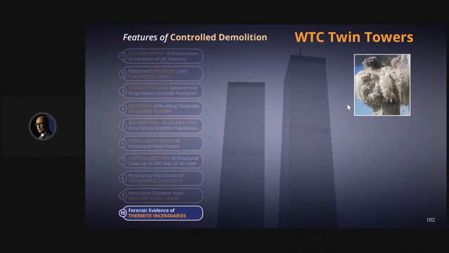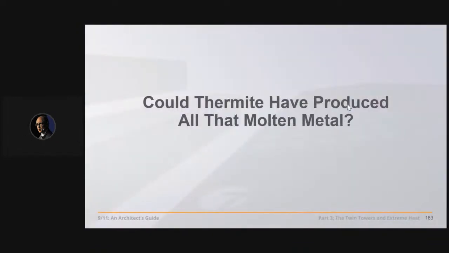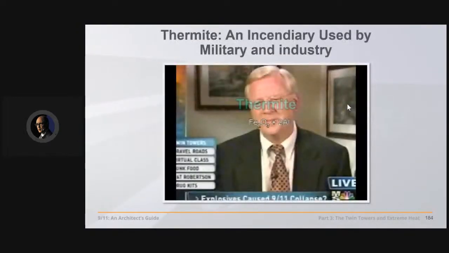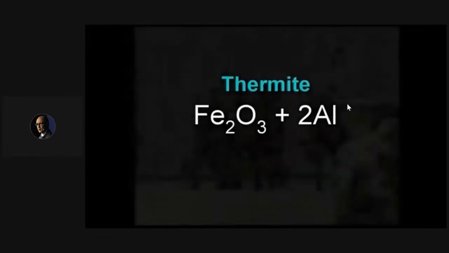So let's go to feature number 10 and look for evidence of what might be producing these kinds of temperatures. What could be capable? Could thermite have produced that molten metal? And what is thermite anyway? An incendiary used by the military